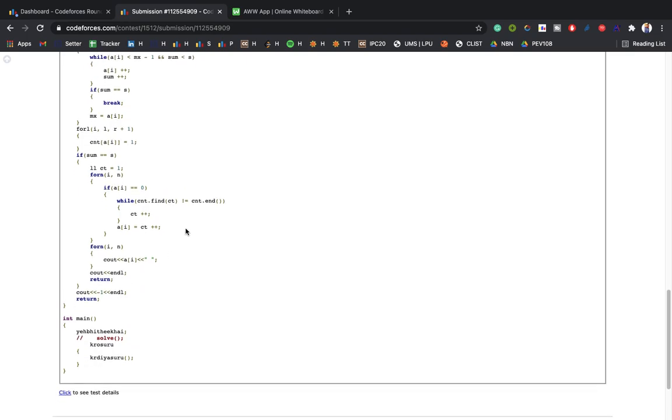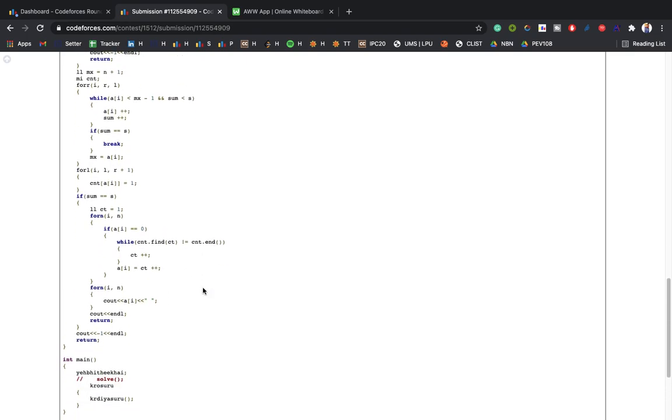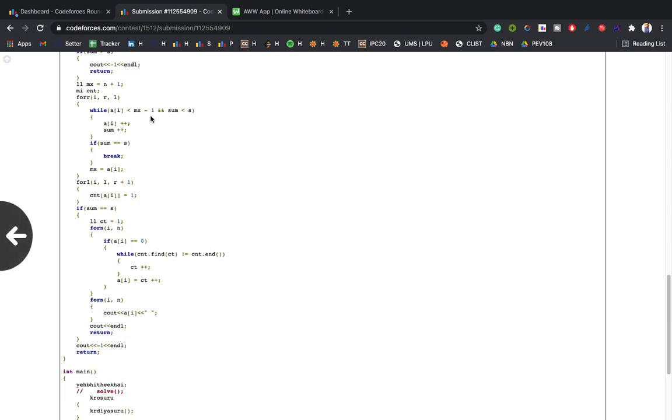So this is problem E. If the sum is not equal to S, definitely our answer will be -1. So this is problem E,